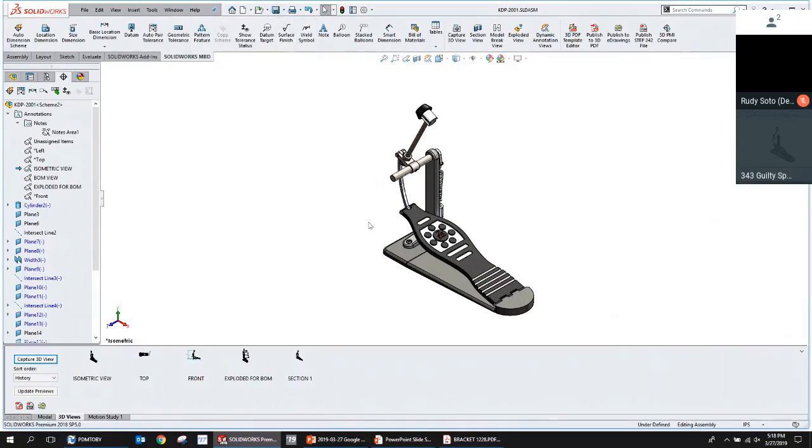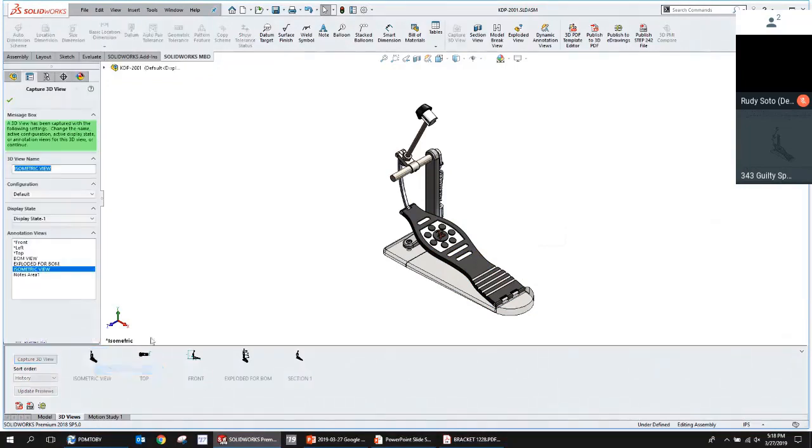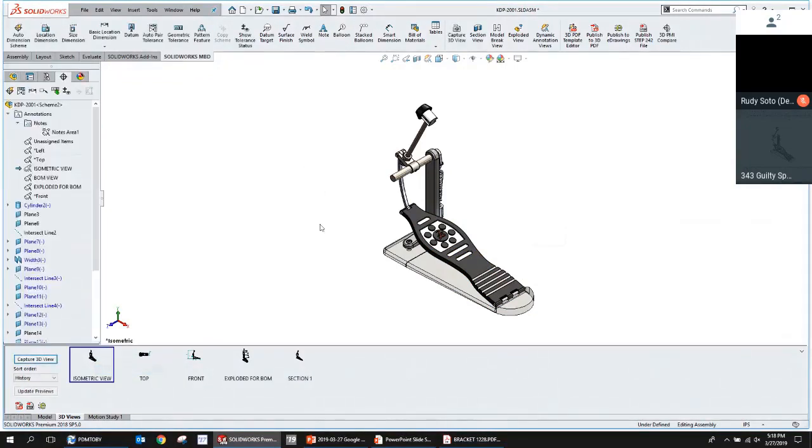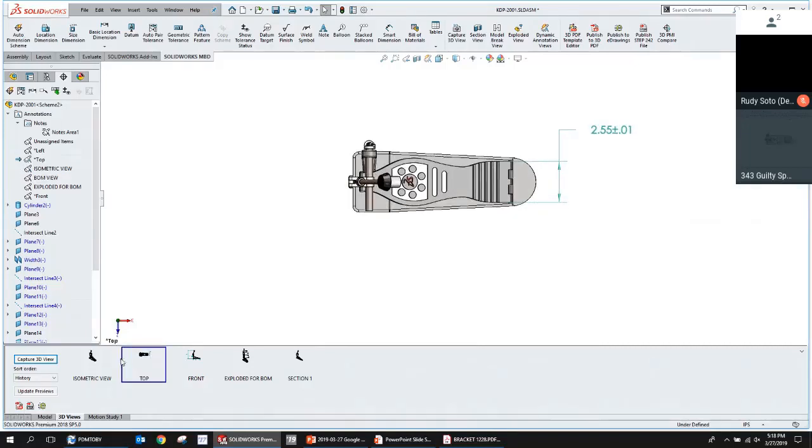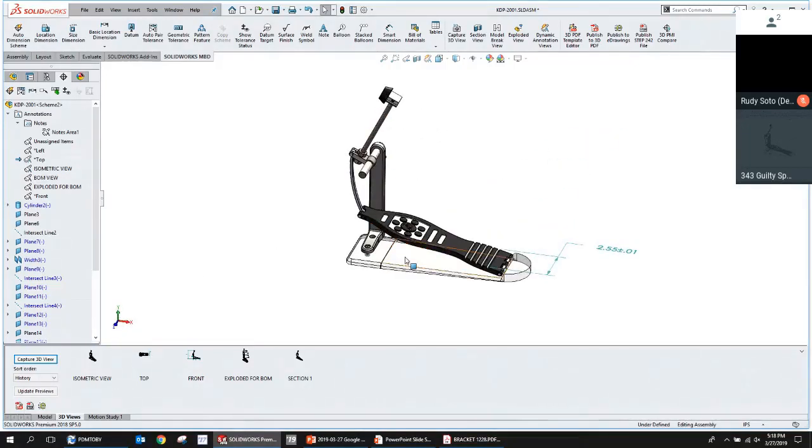Does it remember all sorts of visibility and everything when you create that 3D view? Yeah, for the most part. I don't know if it does transparency or not. Let's try it. Because there's so many ways to do transparency too. So let's say recapture view here. Let's go to top. It's still transparent.